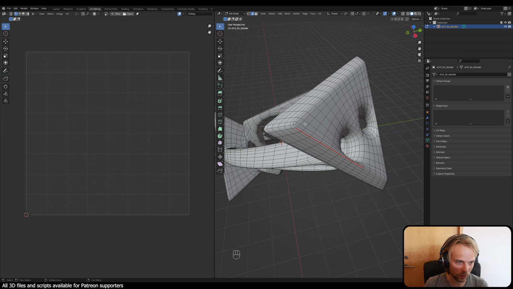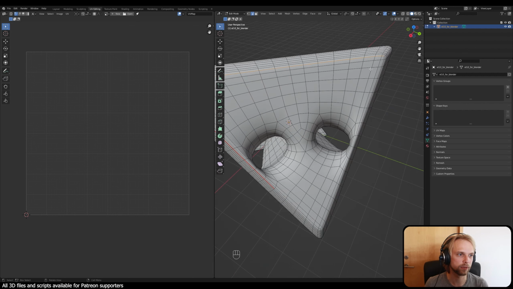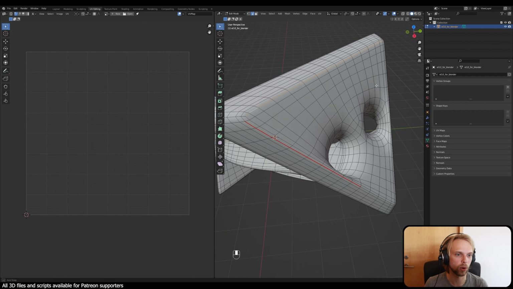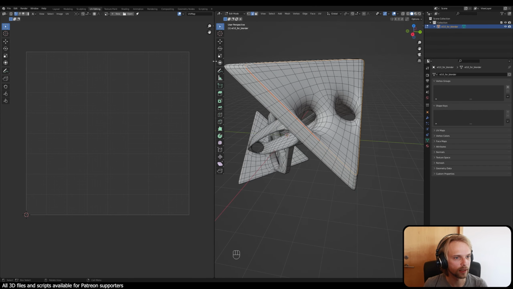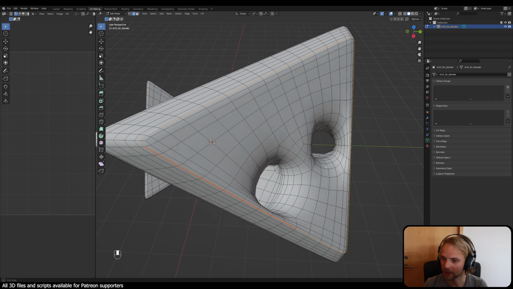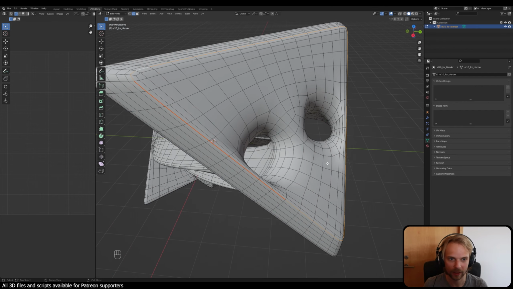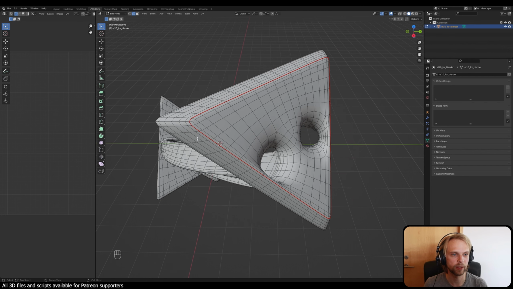If you hold down the Alt key and you click on the edge, it's going to select the full edge loop in which that edge is located, right? So let me just show you here. Alt and click will select the whole triangle here, as you can see. And then I can do Control E, mark seam. There we go. I've literally separated out,